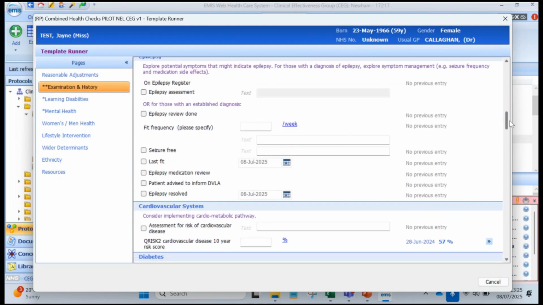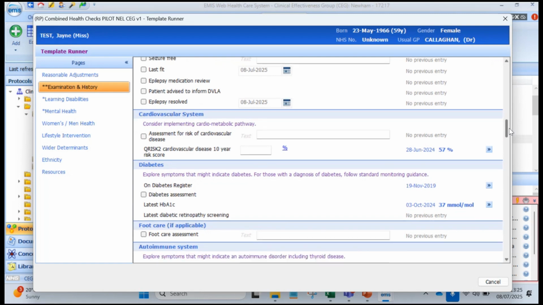Any relation to epilepsy. Sorry, I meant to say this at the beginning, just to point out that this template has no visibility rules on it at the request of the clinicians. Whereas ordinarily, if you were using your LTC template, you would find that if you're seeing a learning disability patient, only the learning disability page would come up, but this has no visibility rules on it so that it is accessible to any of those 3 cohorts of patients. So you will need to go through the whole template to do all of the patients for the 3 cohorts. So you've got your epilepsy part,